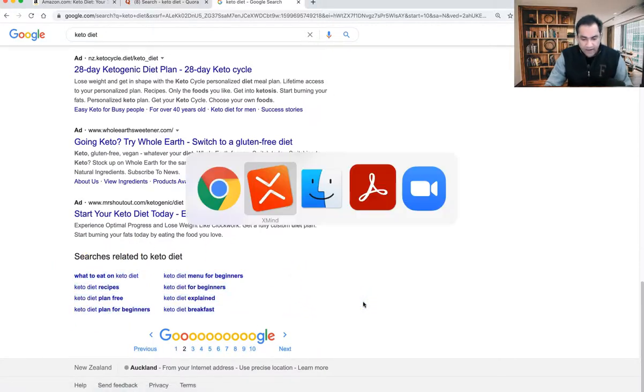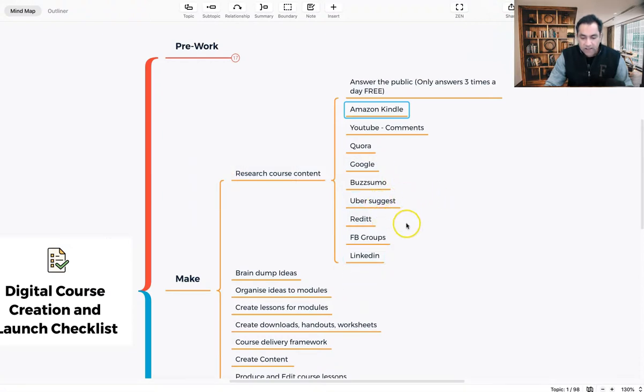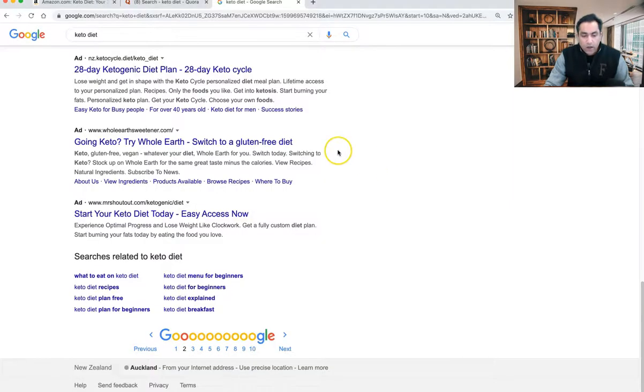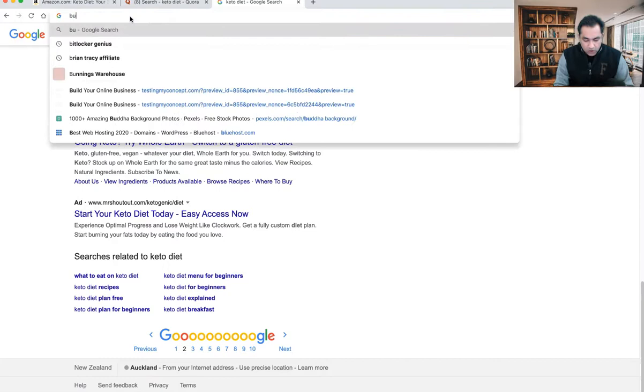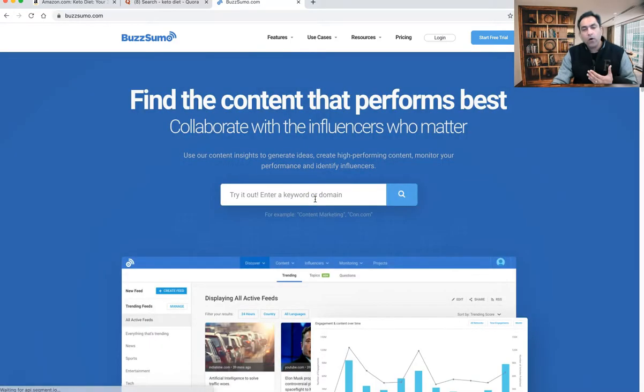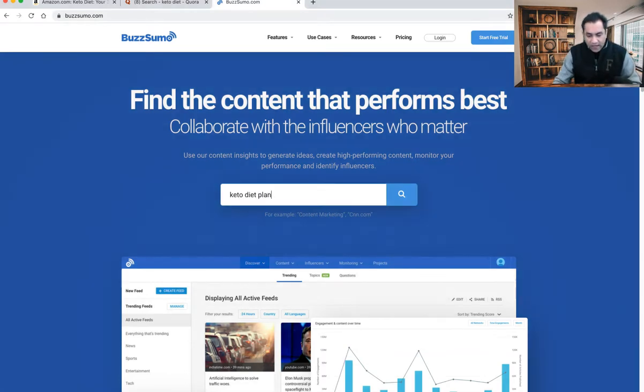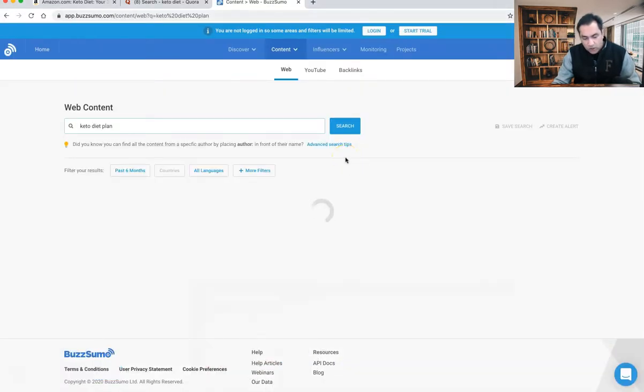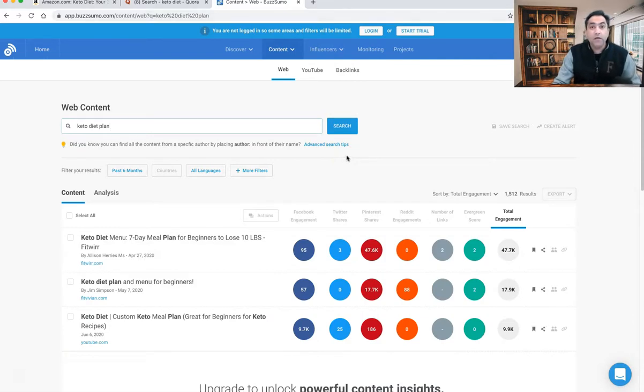And I'm going to give you all the other stuff, but again, another place you can go is BuzzSumo. So the next site that I mentioned to you is BuzzSumo. You go to the BuzzSumo website, and what you need to do is search for the keyword again. So keto diet plan. What it allows you to do is search through keto diet plan,